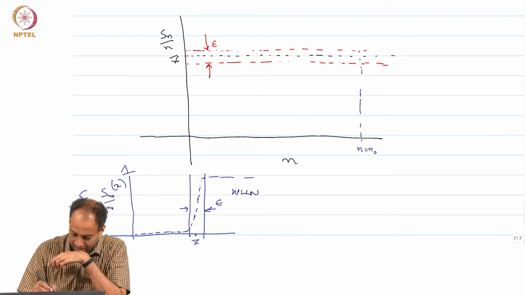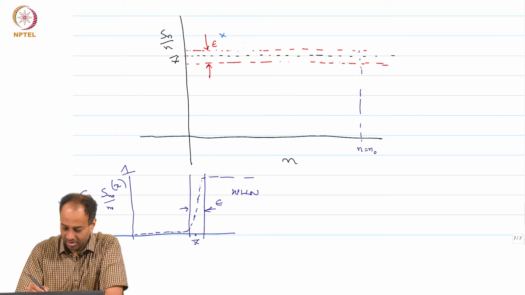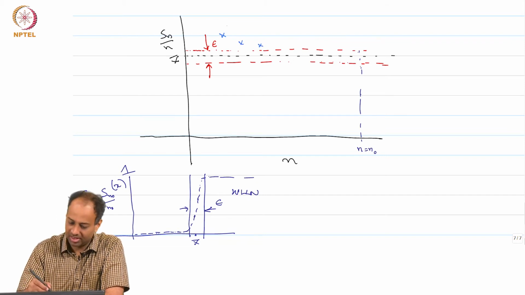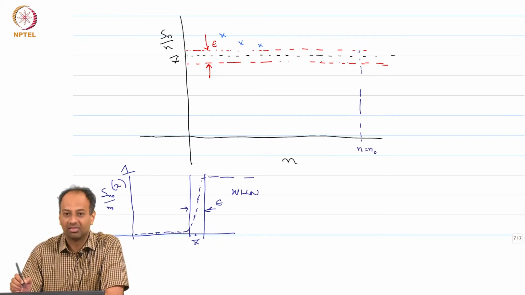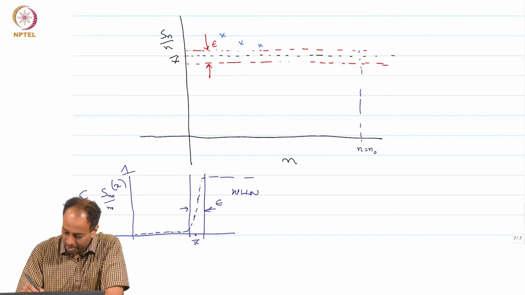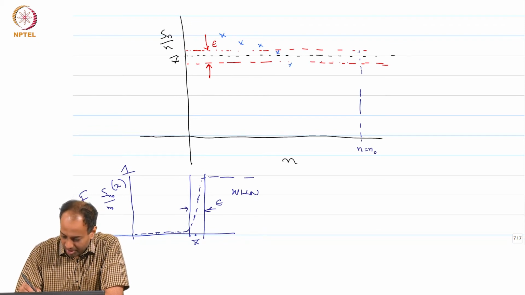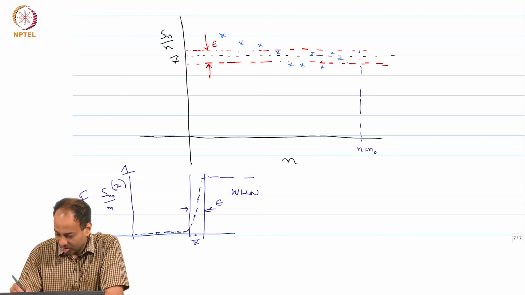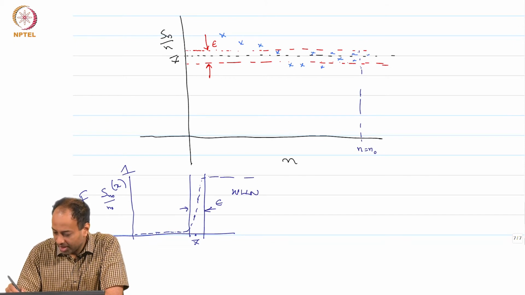So, S n for n equal to 10 may be here, right. So, for 100, whatever. This sequence jumps around, and this corresponds to a particular omega, right. It may jump around a bit, sort of gets closer, may jump around, but at some point